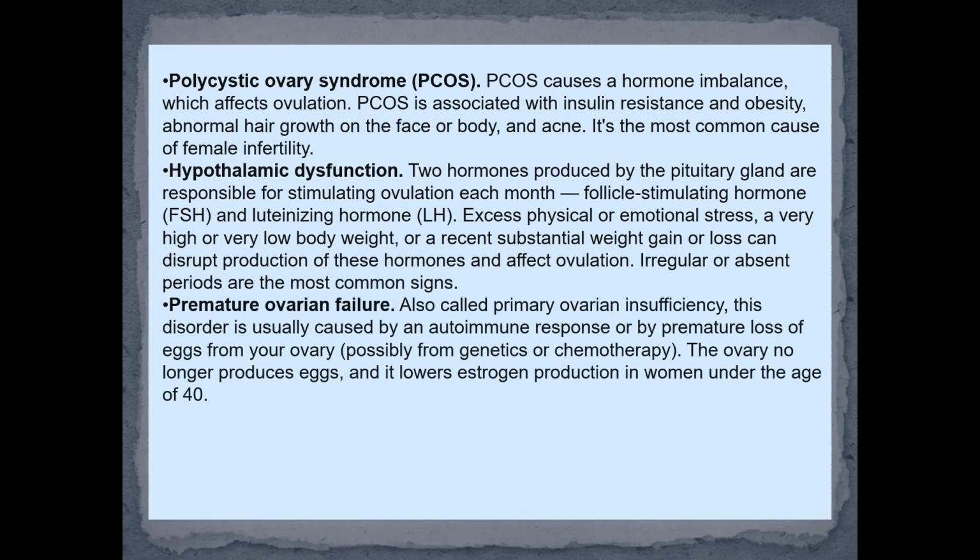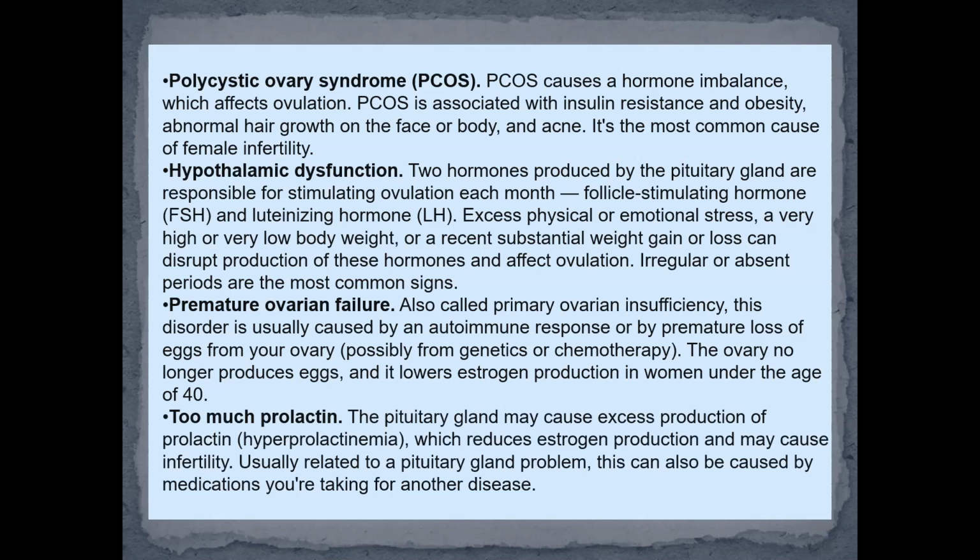Premature ovarian failure, also called primary ovarian insufficiency. This disorder is usually caused by an autoimmune response or by premature loss of eggs from the ovary. There is a possibility of this disorder being genetic or a result of different types of exposure or chemotherapy. The ovary no longer produces eggs, and it lowers estrogen production in women under the age of